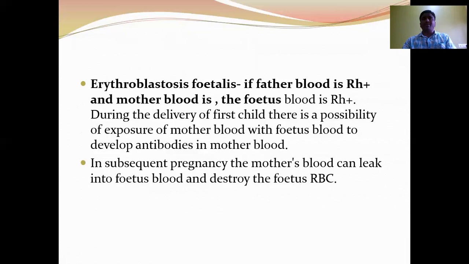If the fetal blood is Rh positive, these Rh antigens mix with the mother's blood, and those Rh antigens stimulate the mother's immune system to produce Rh antibodies. So in the subsequent pregnancy, if again the fetus is Rh positive, Rh antibodies have already been produced in the mother's body during the first delivery. Those antibodies cross the placenta, enter the fetal circulation and react with the Rh antigen, leading to clumping of blood, agglutination.